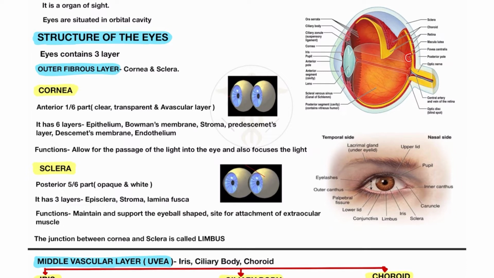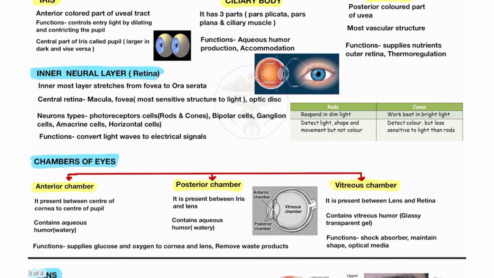This structure is called the macula and the center of it is called the fovea, where there is maximum visual acuity of the eye. So this is the macula. The retina has these parts: macula, fovea and also the optic disc. Here you will see the optic disc. This is also part of the retina. It is the most sensitive structure to light. I already told you, because it is the most central part of the macula and most sensitive to light. So it's the macula, fovea and optic disc. It is a part of the eye.